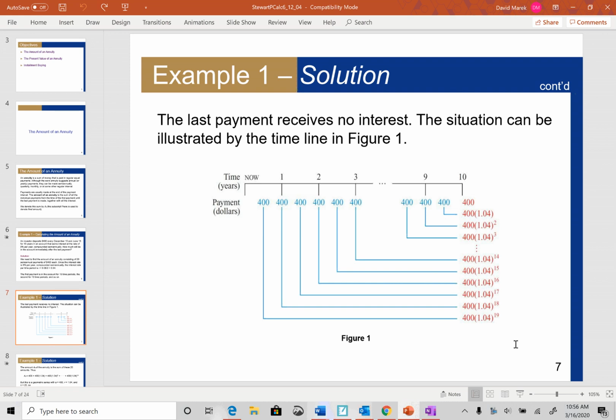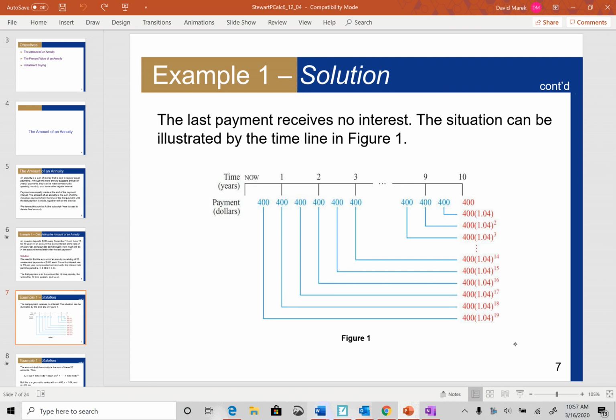So they've got this lovely little chart here. And again, the question asked, how much is the account worth immediately after that last payment is made? Well, you make that last payment, it hasn't been in there long enough to earn any interest. So that's what they're saying here. The last payment receives no interest. So again, if you follow that first payment here on down,